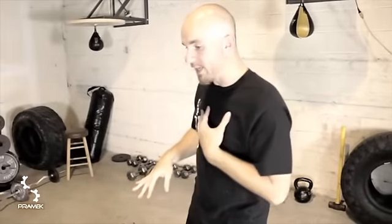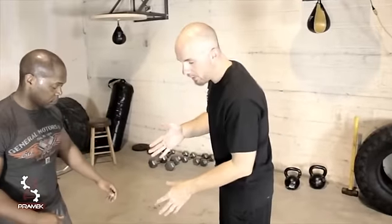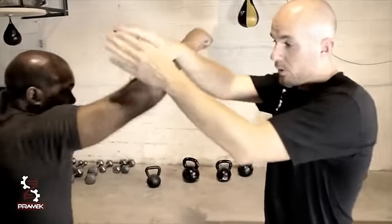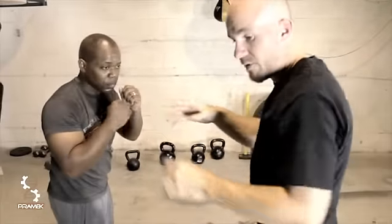Now, as Walter comes in, I want to show you that when he's striking, there's two types of wedges that we talk about: cutting into the wedge and cutting away from the wedge. So when he strikes and I wedge, I'm going to move to the side. So if you get my feet,